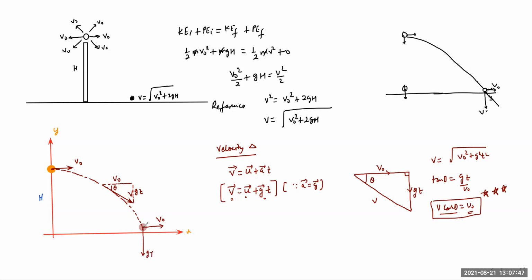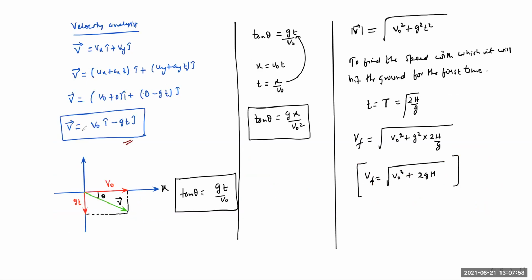and that will be how much? gt. We know vy equals uy plus ay t. So you can add like this. And this we have seen. Where have we seen? You can see here. So the x component is v naught, and what is the y component? Minus gt. So in the minus j direction, the answer is gt. So when you are almost hitting the surface, the t becomes